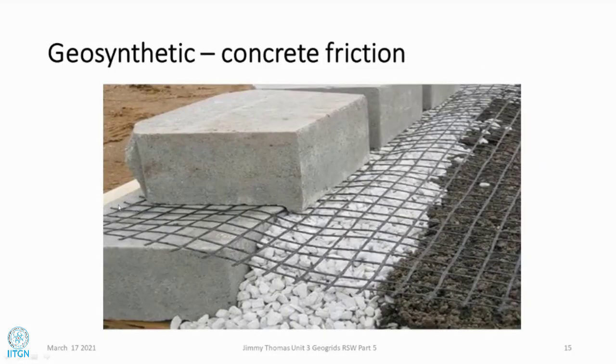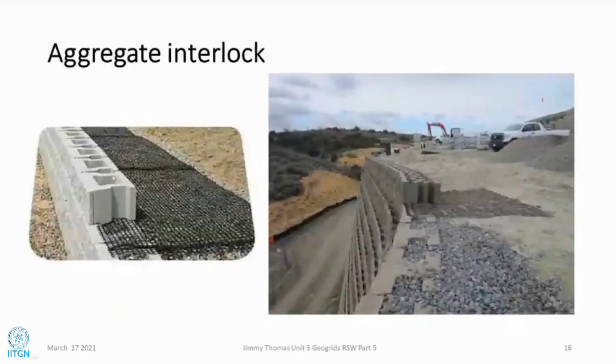Here the surface of the concrete is plain actually, so the connection strength is almost due to the friction between the geogrid and the concrete surface. Here we have hollow concrete blocks. Inside these hollow spaces, aggregate is filled, as we can see. Then the geogrid is put, and the next block will come and sit on this. Partly it may be concrete and partly aggregate. The aggregate develops a good interlocking with the geosynthetic reinforcement,